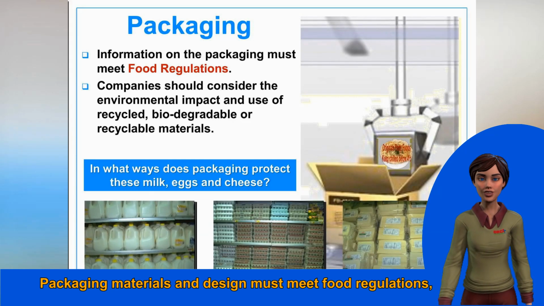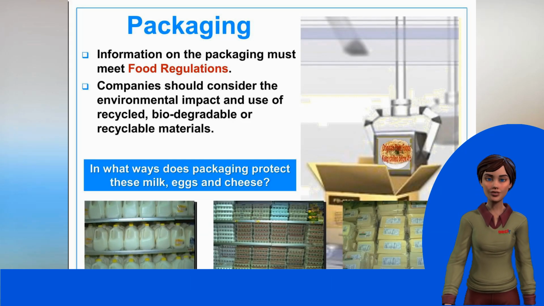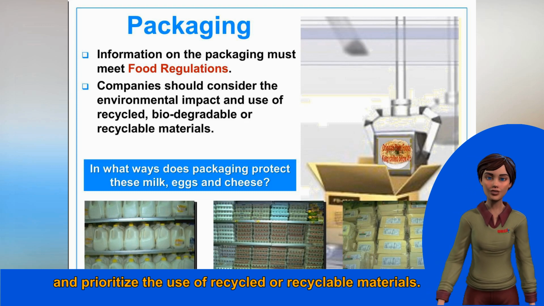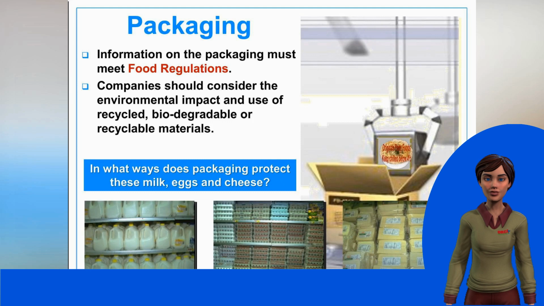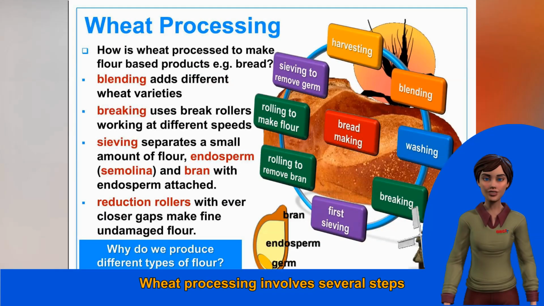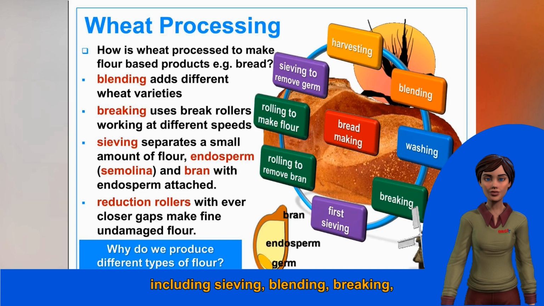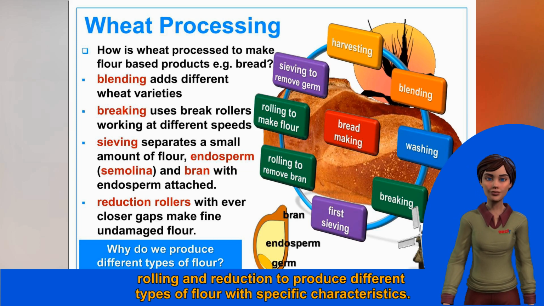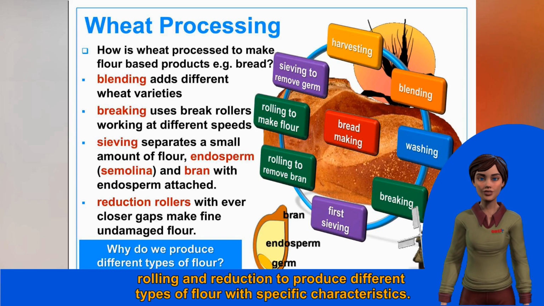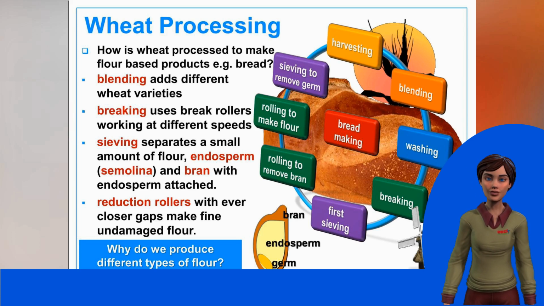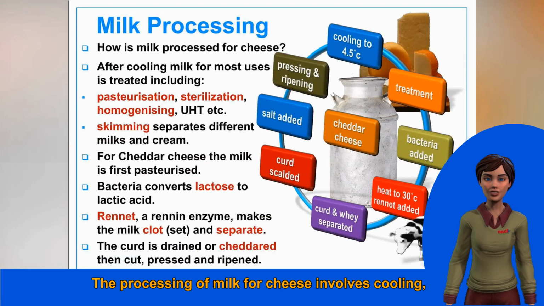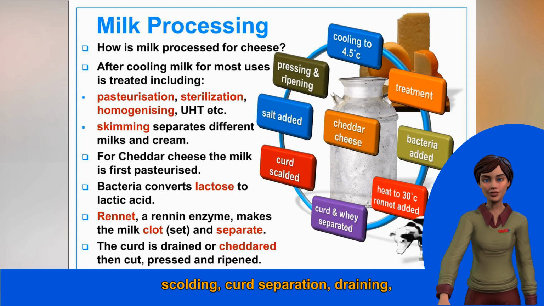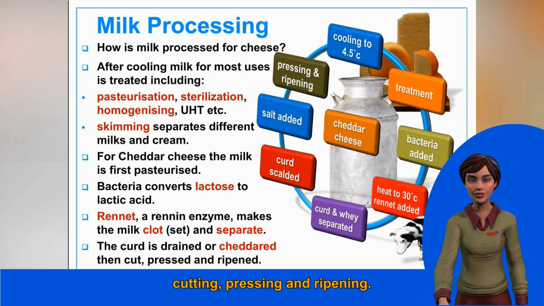Packaging materials and design must meet food regulations, consider the environmental impact, and prioritize the use of recycled or recyclable materials. Wheat processing involves several steps, including sieving, blending, breaking, rolling, and reduction, to produce different types of flour with specific characteristics. The processing of milk for cheese involves cooling, treatment, adding salt and bacteria, scalding, curd separation, draining, cutting,